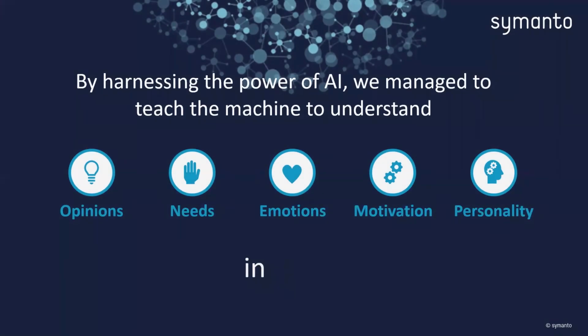And this is how we made the machine to really understand opinions. So really what people think about and actually care about, what people really need. So really the intrinsic motivation, intrinsic needs of somebody. So not just what they are saying as functional things, so I like this or that, but really understanding why they're saying that. The emotions behind it, to get a real understanding on the human side, more the personal side of somebody. So how important is this, what they are saying, based on the emotions of someone that's displaying?